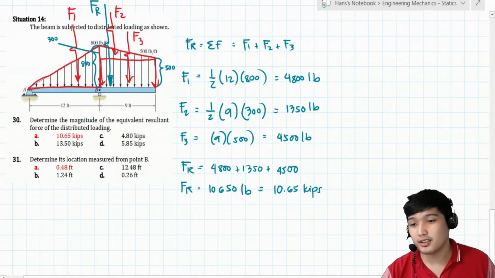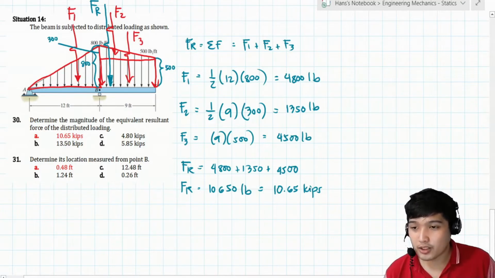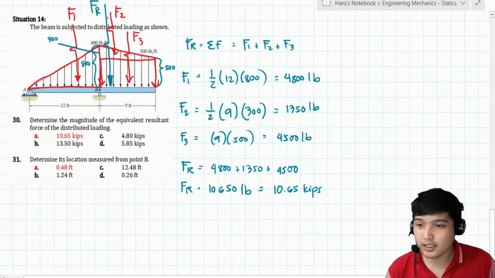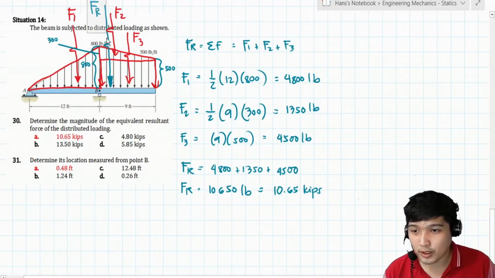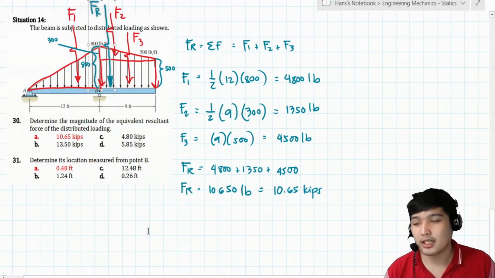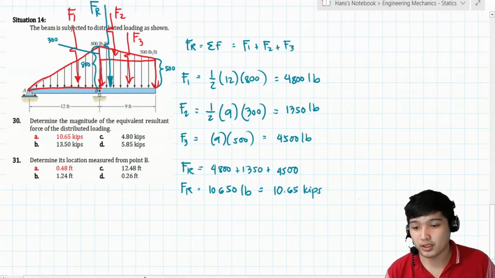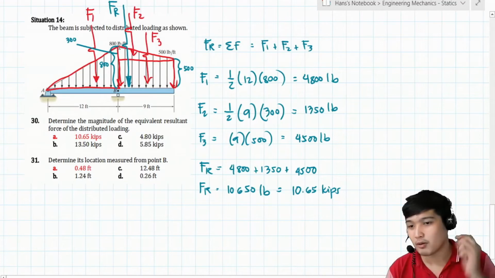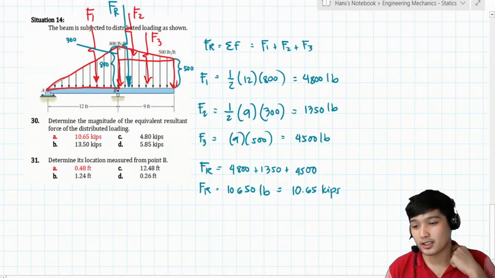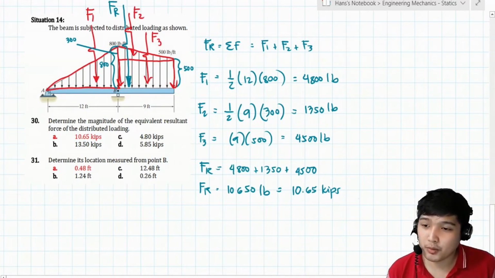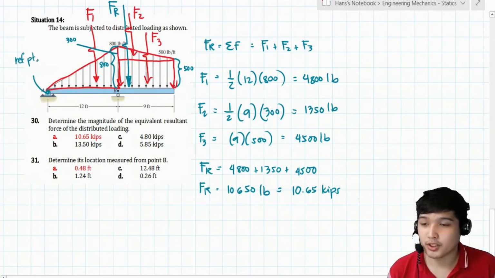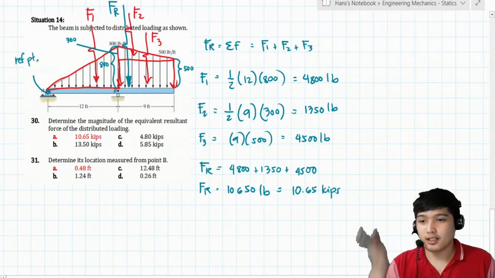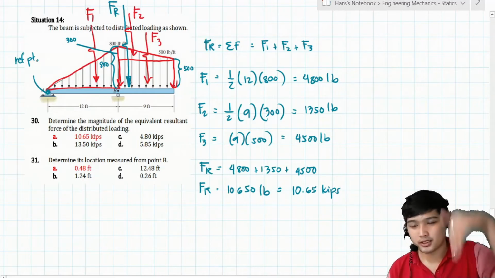Okay, so next is determine its location from B. So, dahil hindi nga natin sure kung dito ba yung correct location ng FR, so mahirap gamitin reference point yung point B. Kasi kung nasa left pala siya, maling moment yung magagawa kasi natin, no? So, ang gawin natin, use natin itong point A as our reference point. Okay, para sure tayo na ang moments lang ng forces natin lahat is